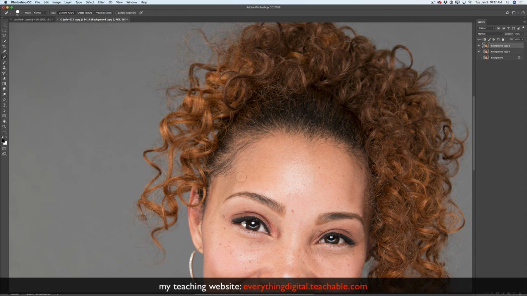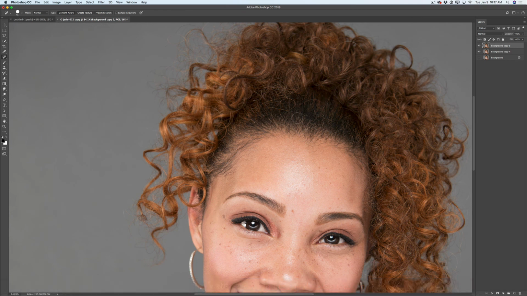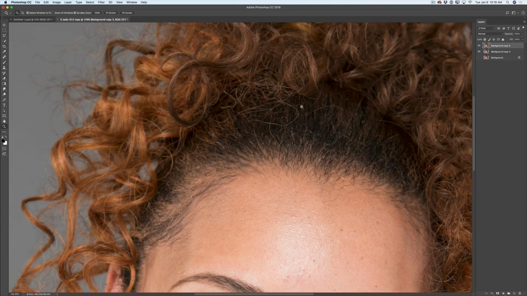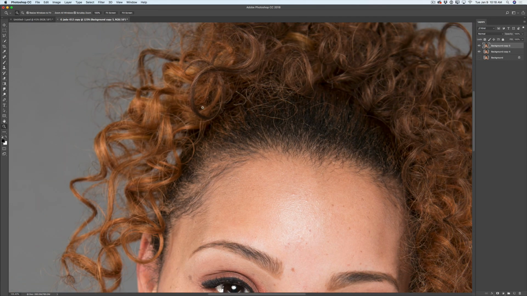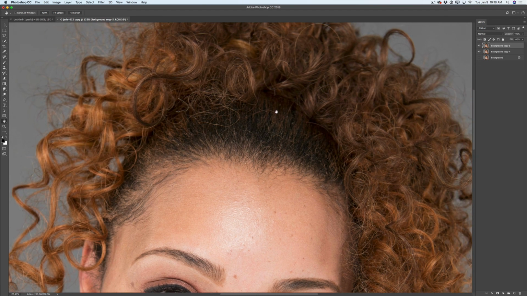Now I would like to correct the area next to her forehead. So what I will do, guys, I will zoom in my image just like that. I will move it just slightly, just like that. I will duplicate my layer, switch back to my spot healing brush tool. I will make my brush size smaller and I will clean up just a few areas here,